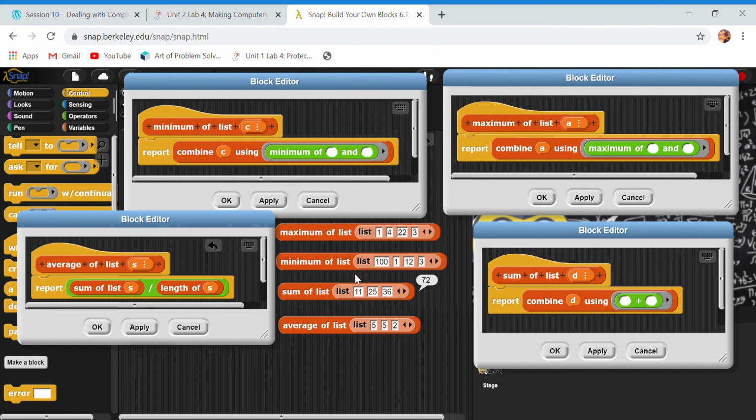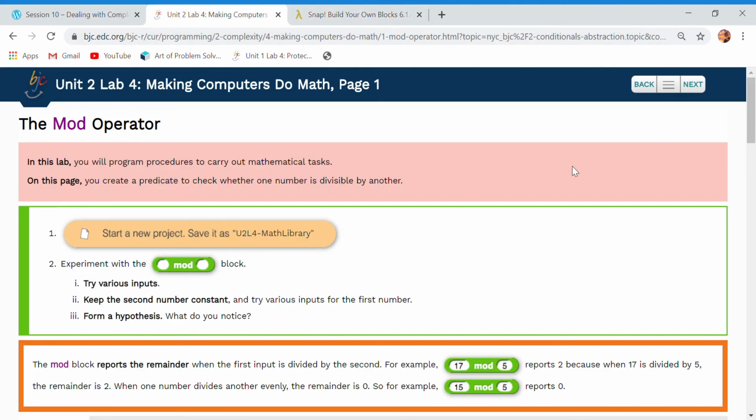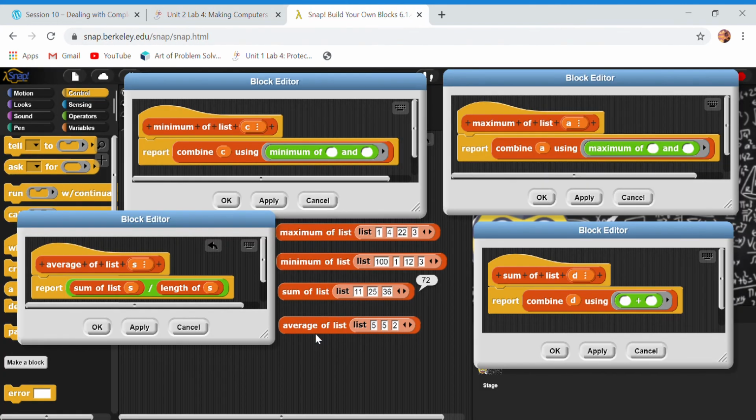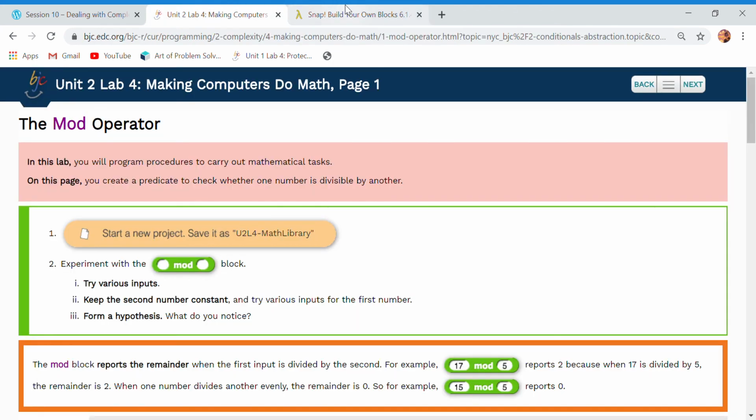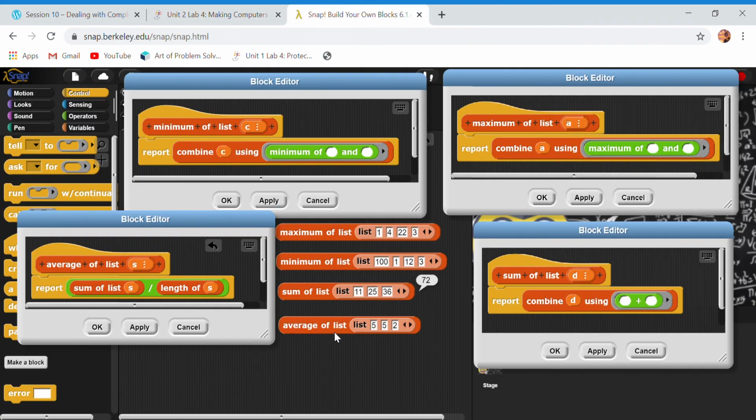Oh yeah, I did change the number. So for average of list, it works. So it's fine, I'll do it later. So average of list, and